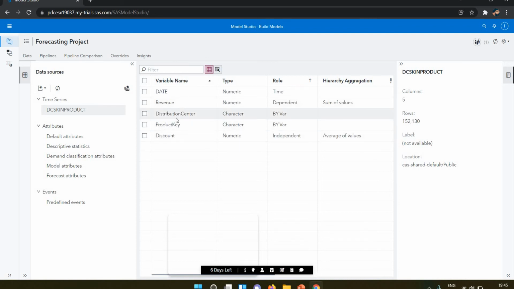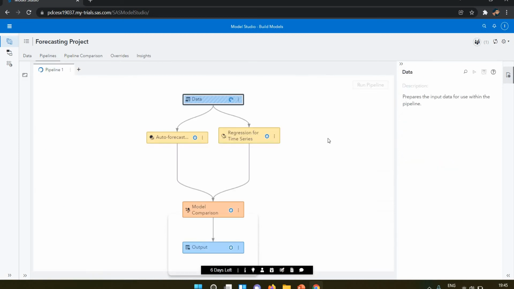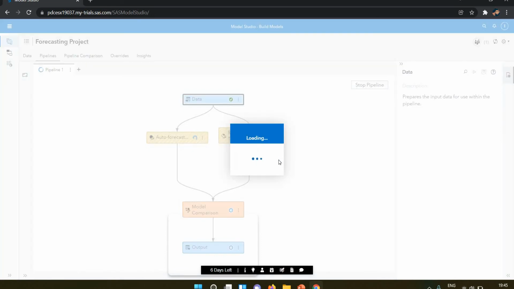So here I selected the distribution center and the product key as by variables, because then we will see all the time series and all the forecasting according to the distribution center and the product key. Let's see the pipeline here. My pipeline is running. Now you can see the data node is completed. Let's go into the time series viewer.